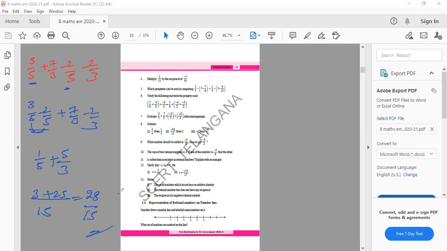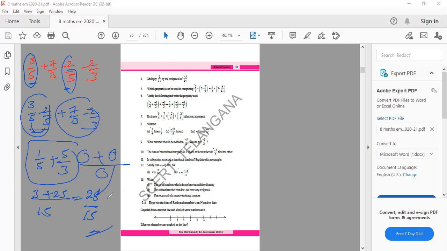Now I have clarity on how I did it. If there are a number of terms, first take the ones whose denominators are the same separately and do that analysis, and after that do the rest. I told you, take the LCM, then make boxes and do it. It is the same process I did and I got directly 28 by 15. This is the seventh question answer. Now the seventh one is finished.